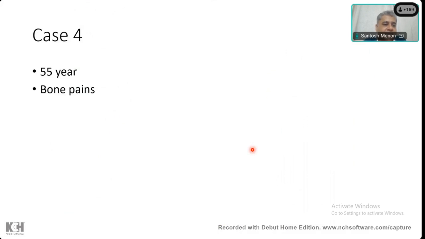So, a different presentation. A 55-year-old male patient with bone pains. Why does this patient have bone pains? Can anybody tell me why the patient will present with bone pains? Metastasis. So prostate cancer is a cancer which commonly metastasizes to the bones. What kind of metastasis are there in the bones? This is osteoblastic,